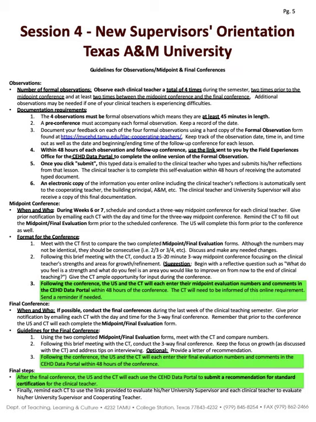The next slide is entitled Guidelines for Observations, Midpoint and Final Conferences. The basics of what you need to remember about observations, including TEA requirements, and midpoint and final conferences are all summarized on this one page. For this reason, I refer to it as the go-to page on documentation requirements for observations and/or midpoint and final conferences. With a few exceptions, everything on this page has already been mentioned during this audio session, so we'll go on to the next slide at this time.